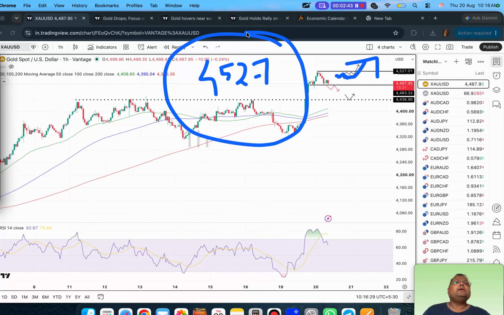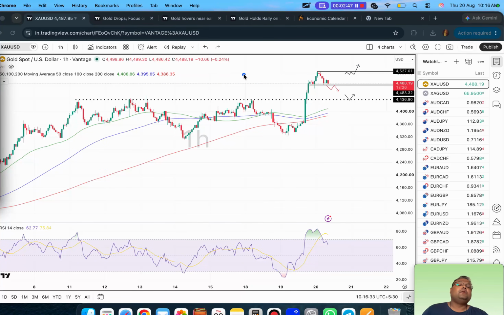So today, after a high of 4527, we will be looking for a breakout above 4527. Keep in mind, the market needs to consolidate for a while, then the market needs to shoot up, because consolidation plays a very important role. So 4527 is the first trading opportunity, where we can look for a buy at breakout. The second trading opportunity is